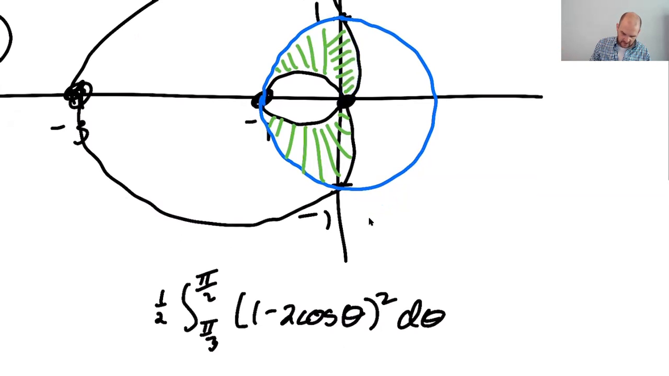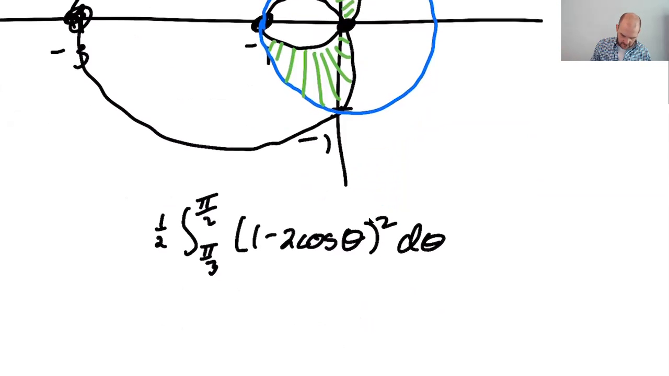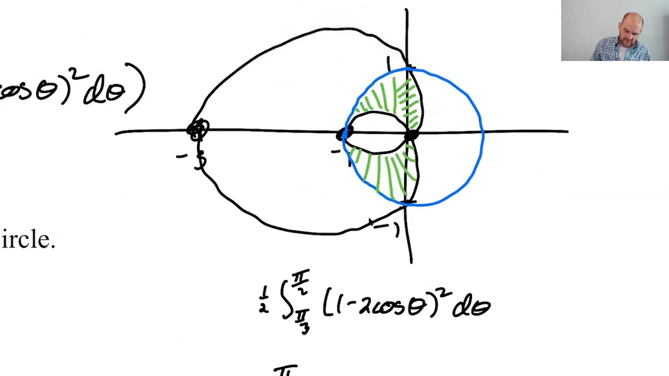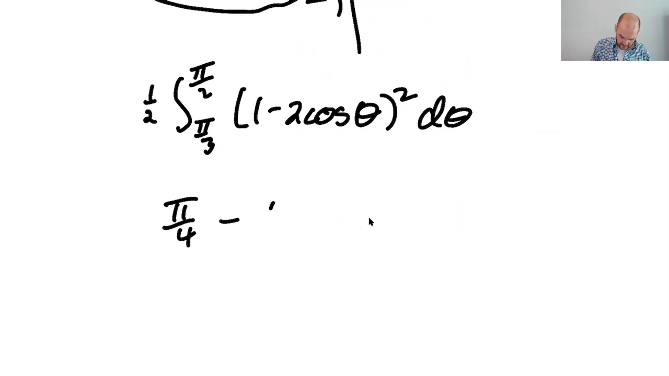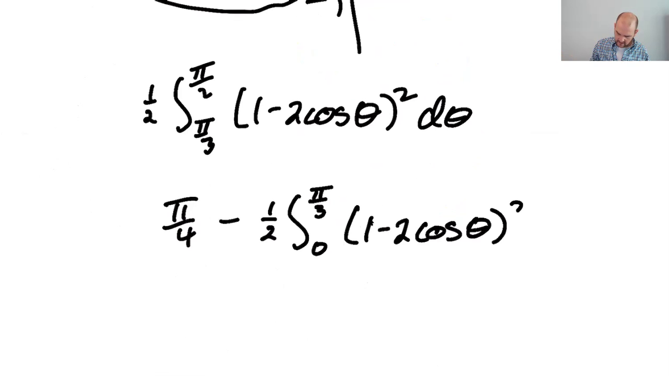Now I want to do a quarter circle. So a quarter of the circle is pi over 4. And I want to subtract off half the inner loop. I'm going to subtract off not the half of the inner loop that I'm looking at. I'm going to go from 0 to pi over 3 and get this. So 0 to pi over 3 will give me this. In my mind I'm doing this quarter circle minus this half, but it's fine, same difference, right? So minus 1/2 the integral from 0 to pi over 3 of 1 minus 2 cosine of theta squared d